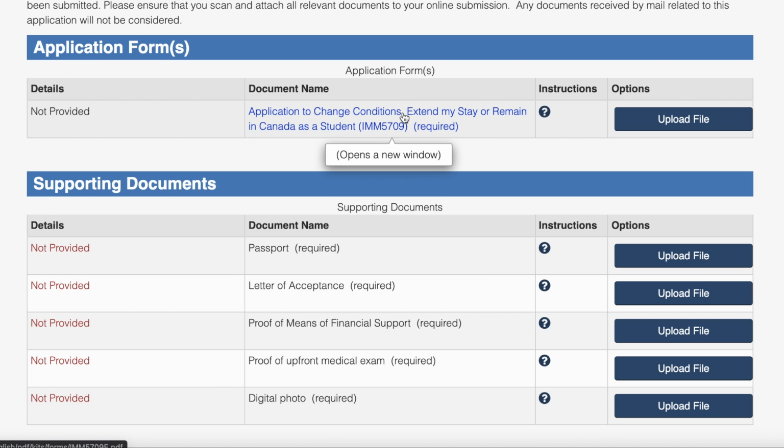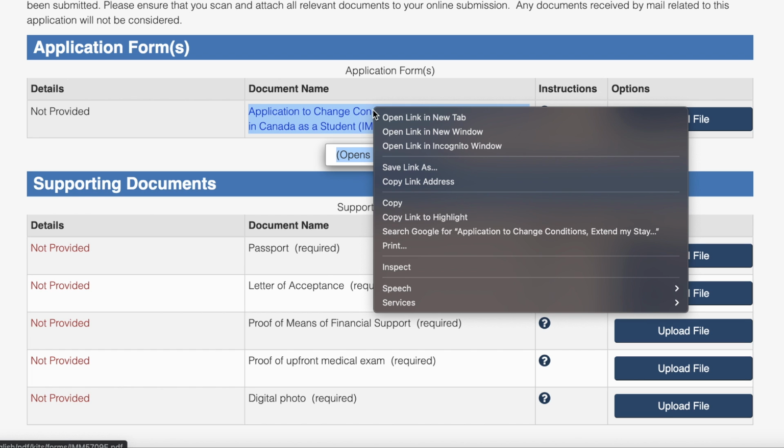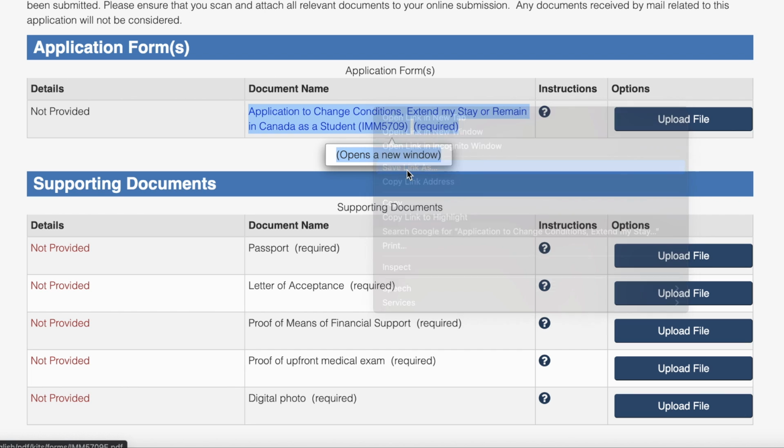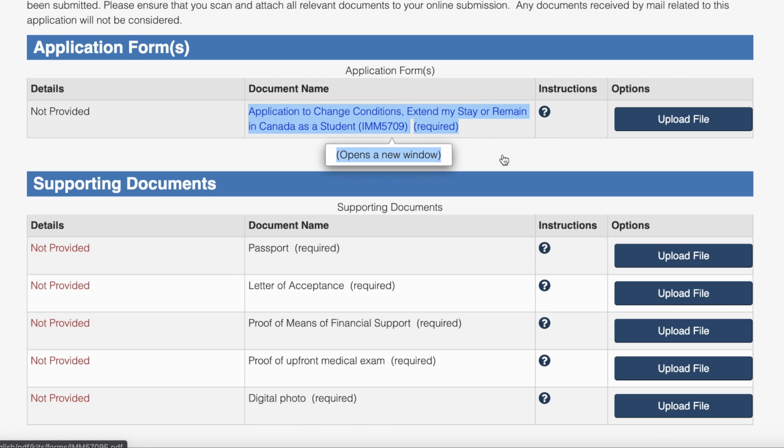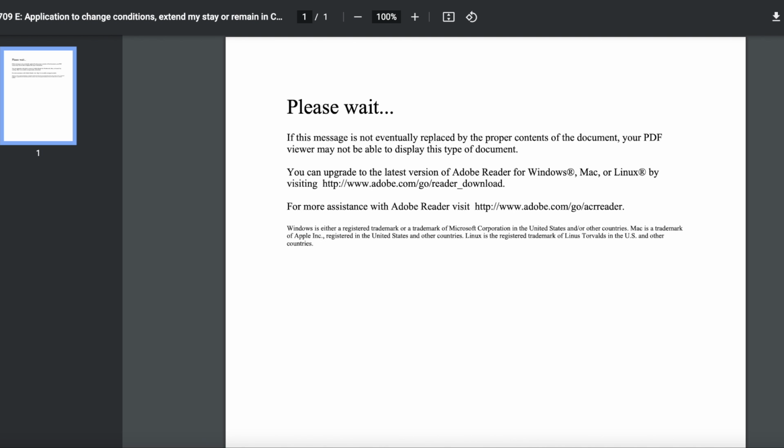To download this form, you can simply right click here, and then click on save link as, and then you can just save it on your computer. So this is one thing which you can do. Once you have this form open, you just have to fill out the form, and then you can upload the filled form again